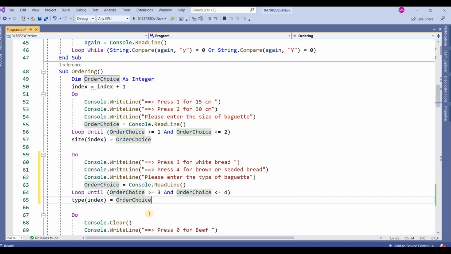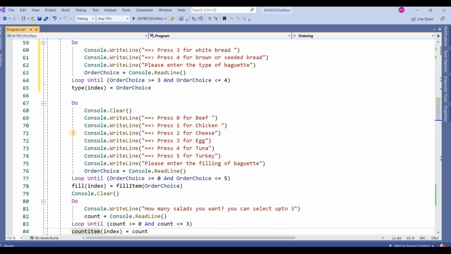If you enter other values, it will not be accepted. It will store into the type array, and the type array will contain only 3 or 4. 3 means white bread, 4 means brown bread.